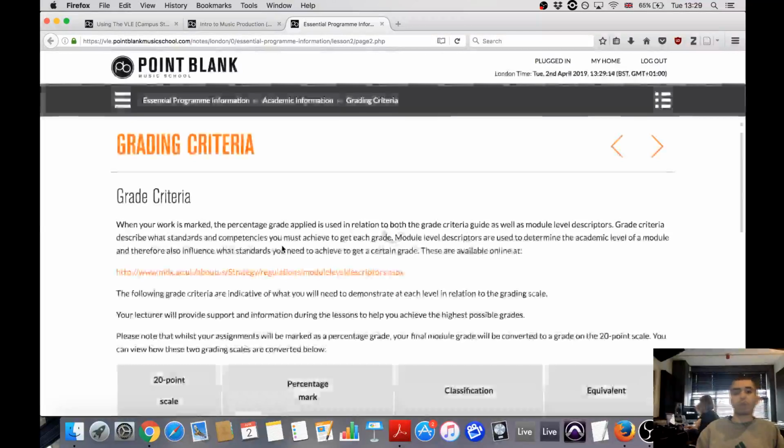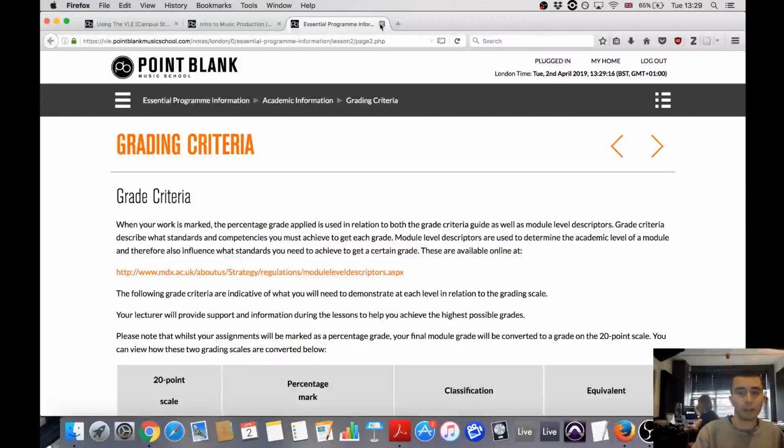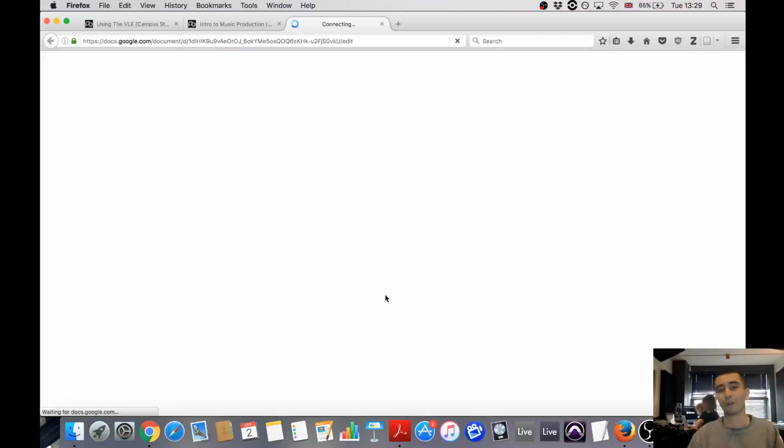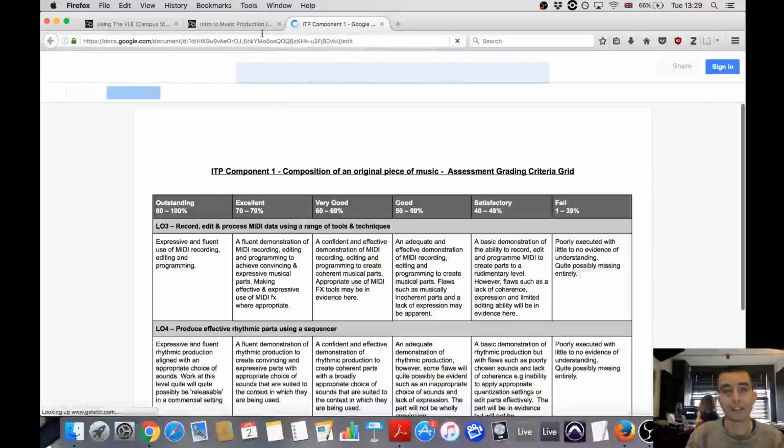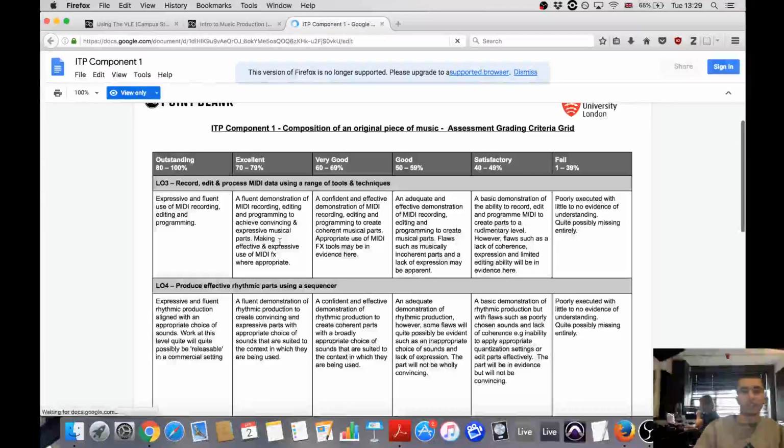This is what your lecturers will be using to mark your work. Oh, I've clicked the wrong thing. That's what I want, the criteria grading grid. So this is what these instructors or lecturers will be using to mark your work. As you can see, it's tested by each learning outcome, and there's different bands that you'll fall in, which are your marks. If you want to achieve the top marks, you need to be hitting these.